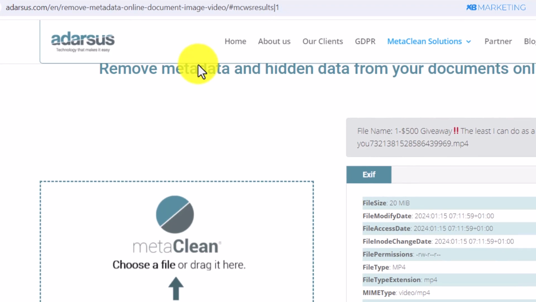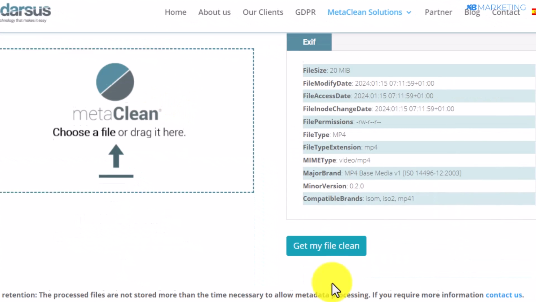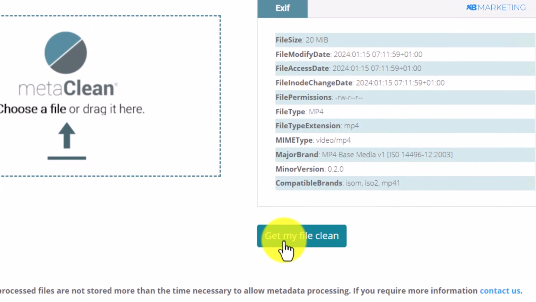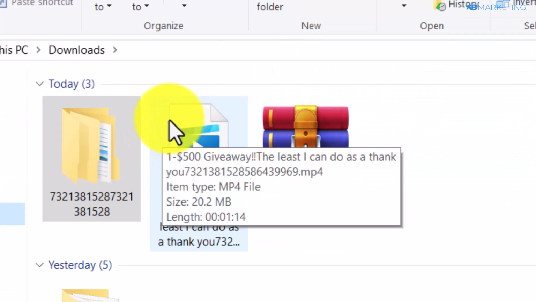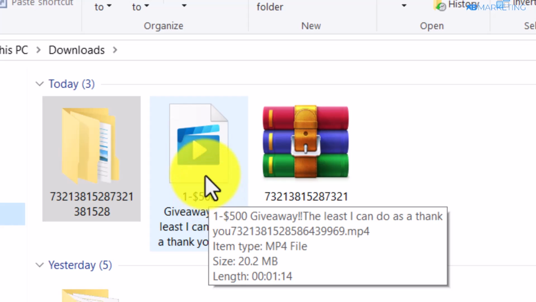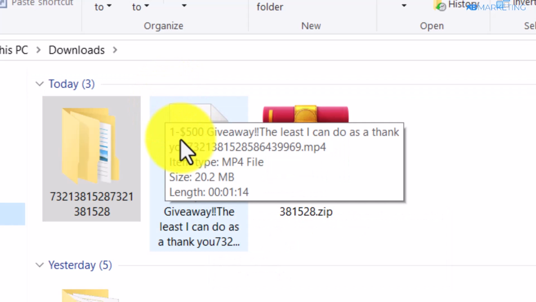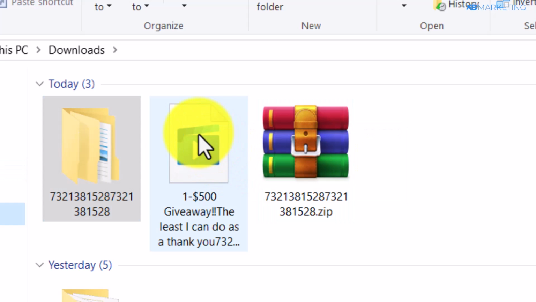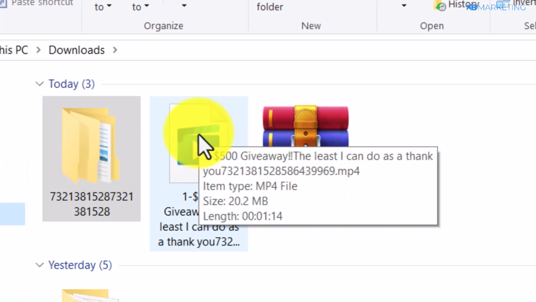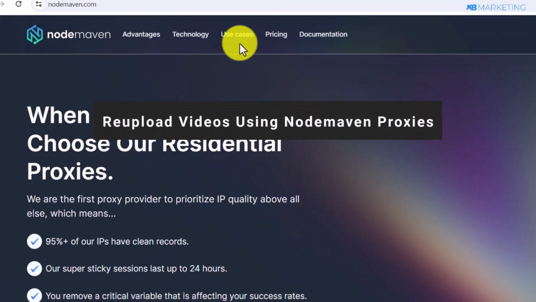But keep in mind, for this website, you can only upload one video at a time. All right, you want to then click on this, get my file clean. Once you do that, it's going to download the unique version of the video, as you can see right here. Okay, so it has cleaned out the metadata of the video, which means this video is now going to look unique in the eyes of the algorithm again. And we already know this video is performing well on TikTok. All right, so once you do this step for all of the videos,